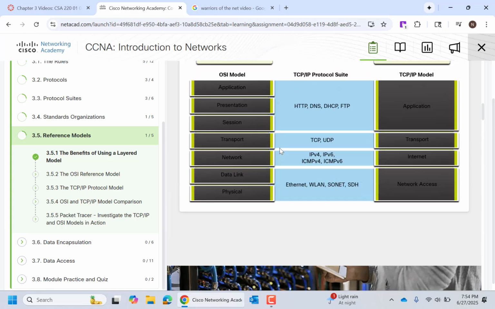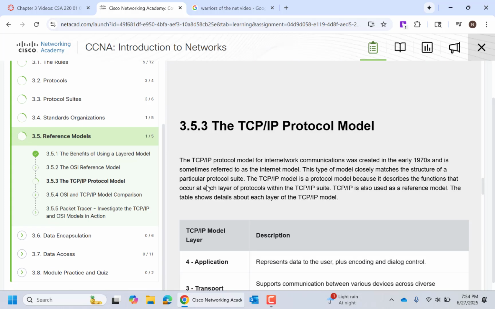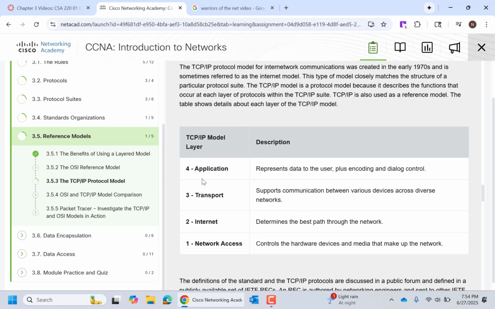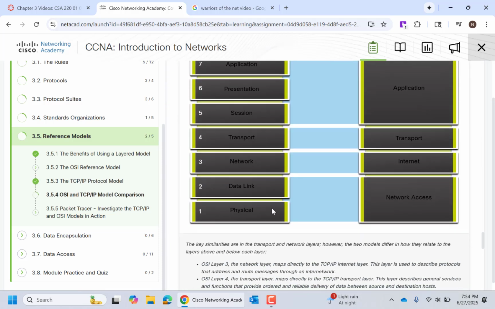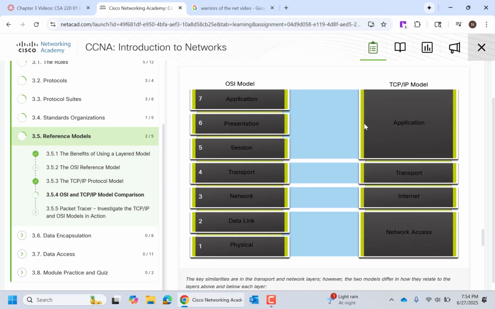The other model that's out there is the TCP/IP model. We don't spend a whole lot of time on the TCP/IP model because if you look at it, it matches up very similarly with the OSI model, and the OSI model gives us a little bit better breakdown. It's a little bit more fine-grained, so that gives us a better understanding. So going forward in this class, we're going to have individual chapters on each one of these layers.